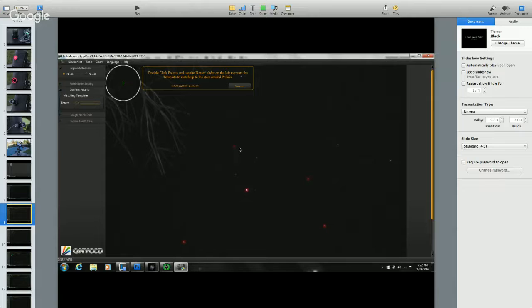Once you have these lined up, and I will make a point here, trying to move this with your cursor this way, it's almost impossible to get them lined up, so you can use your cursor keys on your keyboard, and that moves them back and forth easily, and you get those lined up pretty good. And all you need to see is that they are touching. It says that they don't have to be perfect. Then you hit Success,